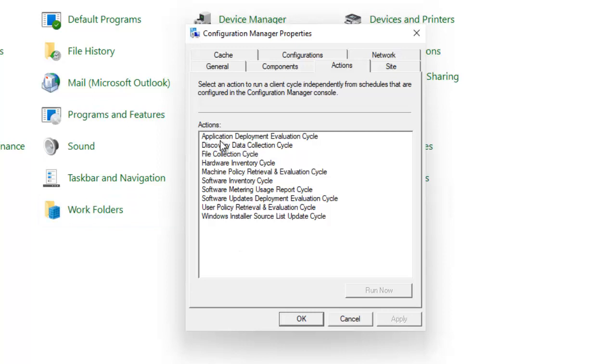For example, if an application or software has been deployed to the client machine through Software Center, particularly to that device, or the device is put in a specific group, and the user wants to force that device to download that software as quickly as possible, you can go to the Configuration Manager under Action. Here we can just click on Application Deployment Evaluation Cycle,